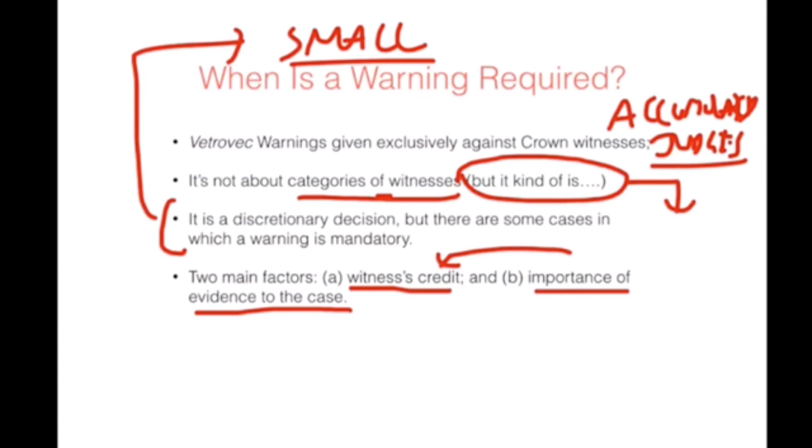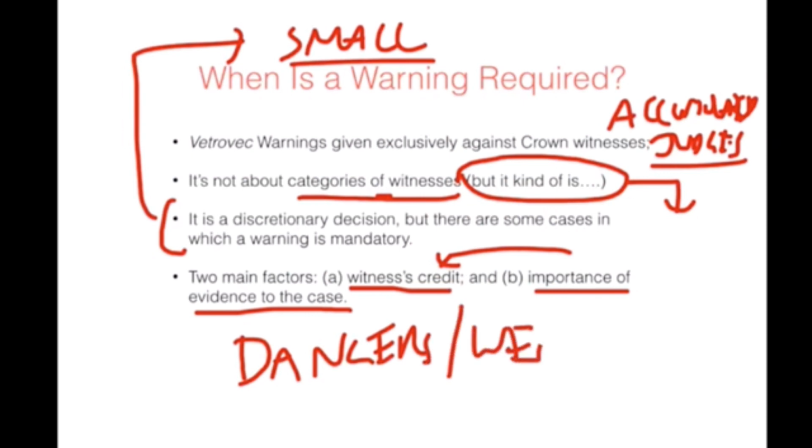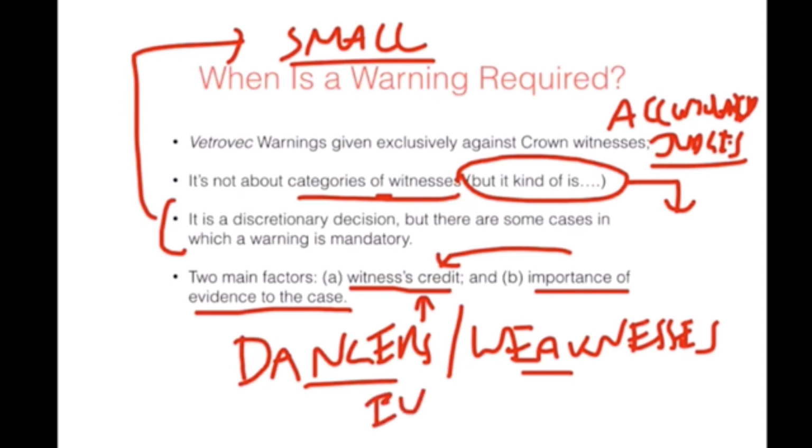And of course, just a reminder that the purpose of the warning is to alert the jury to dangers or weaknesses that jurors would not otherwise see. So it's not enough that the witness has problems, right? There have been many cases where a witness's problems have been fully illustrated. It's been very clear that, say, they said different things on different occasions. Well, those dangers and weaknesses are very evident. So the question really for the judge is, is this the type of thing that's not evident?